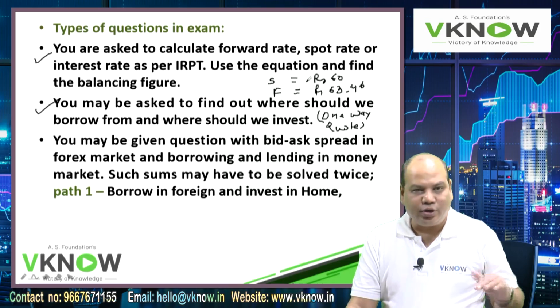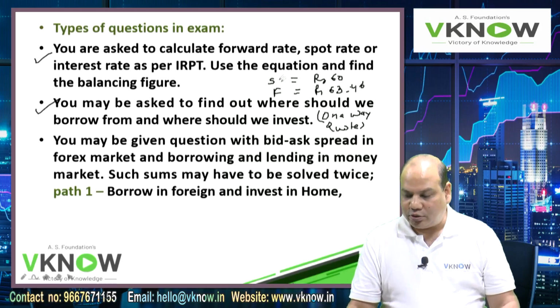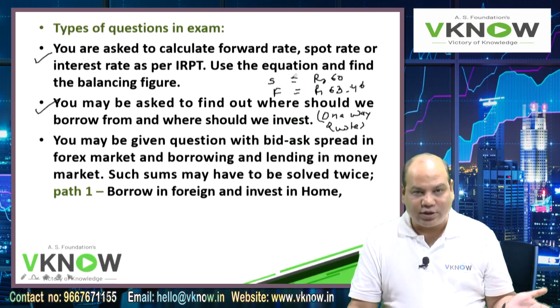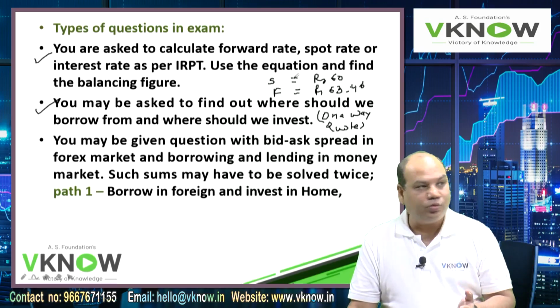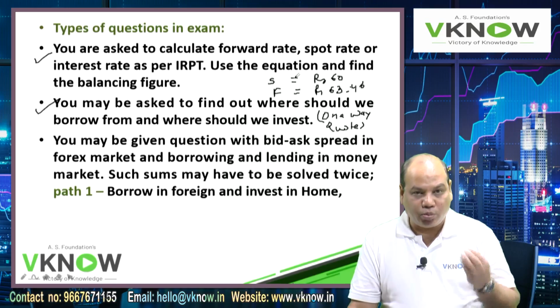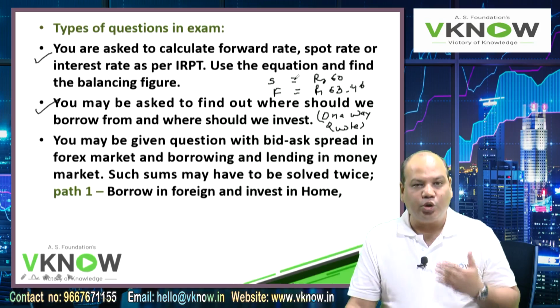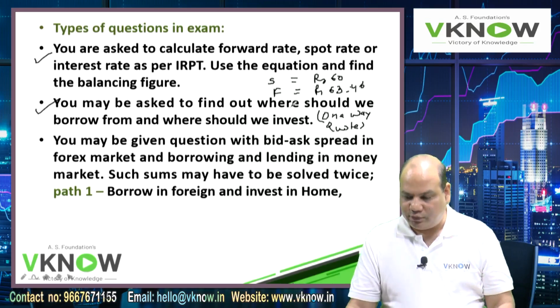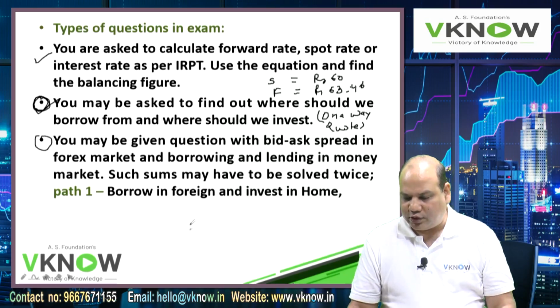So if it is a direct quote, I have already given you the hint. In case of direct quote, if actual rate is less than equilibrium rate, borrow from foreign country, invest in home country. If actual forward rate is more than the equilibrium rate, borrow in home country and invest in foreign country. And one more trick I will give you to solve a question where one-way quotation is given. But when two-way quotation is given,